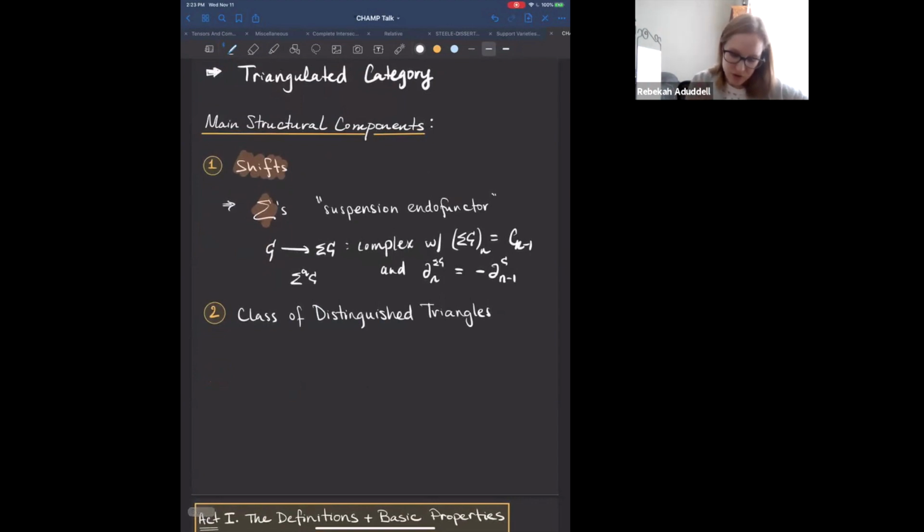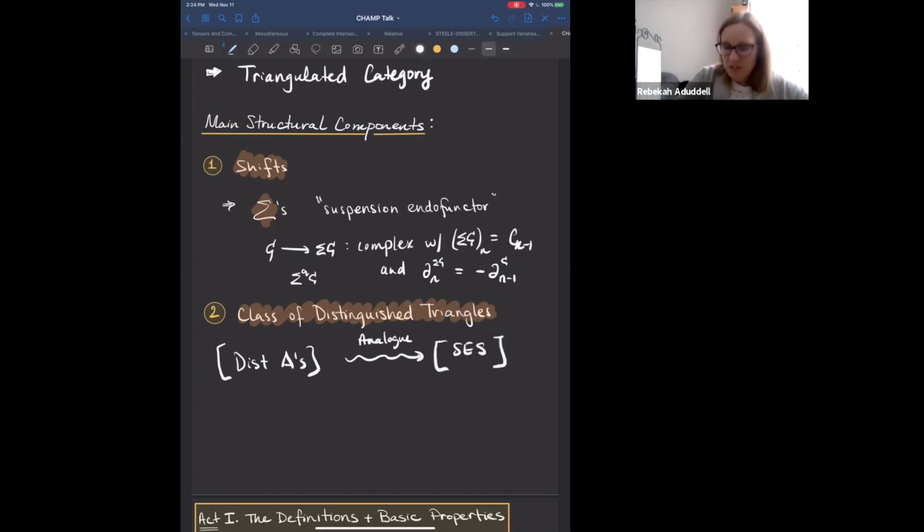Then we also have this notion of a class of distinguished triangles, which I'm not going to define formally right now, but I'll just say for now they are the analog to short exact sequences in an abelian category. So KTAC is not abelian. We don't have short exact sequences, but we have a distinct class of distinguished triangles, and I'll define that later on. But for now, let's talk about